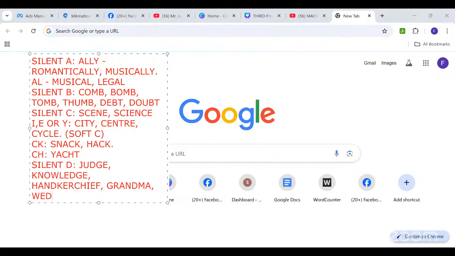Wednesday, sandwich. We don't say sandwich with the D, we say sandwich. So these are examples of positions where letter D can be silent. Handsome, we don't say handsome with the D. So most times when we have a word that has a combination of hand and other formation, like handkerchief, handsome, sandwich, so if a word has this AND, most times,